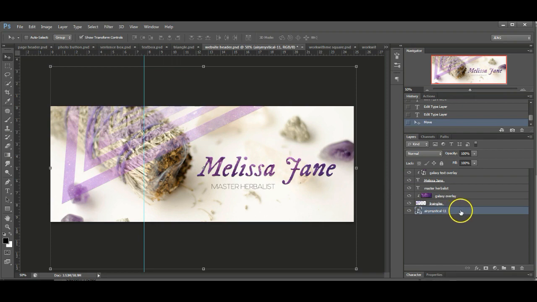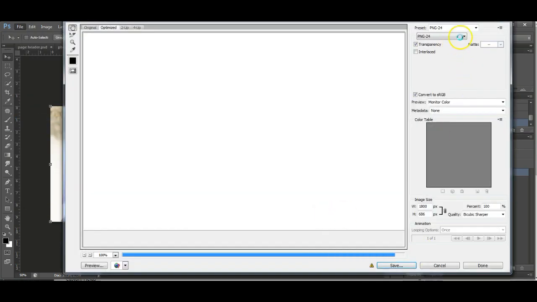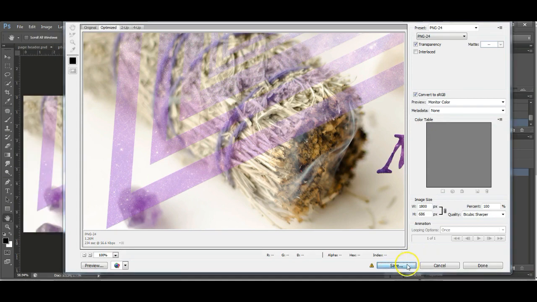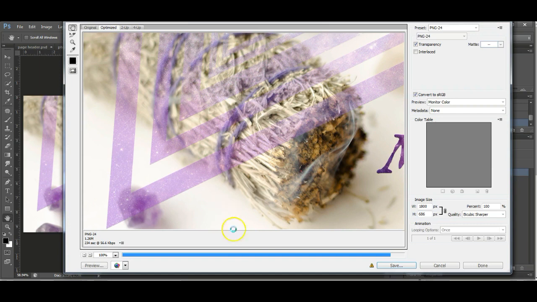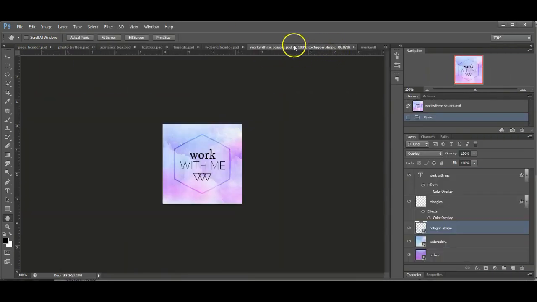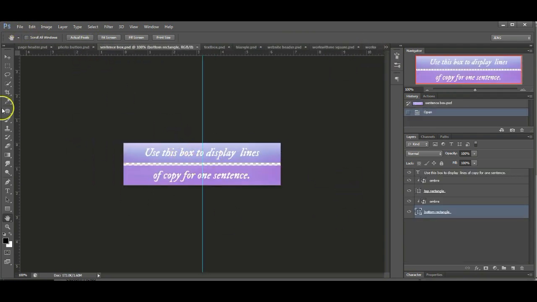So I'm just going to go to the back file and right click, hit Merge Visibility, File, Save for Web. Make sure it's on PNG 24. Okay, and then you just hit Save. And then save where you want to save it at. Everything else, I already have JPEGs up, but these are all the same way. You can come in and edit the text, change the color,